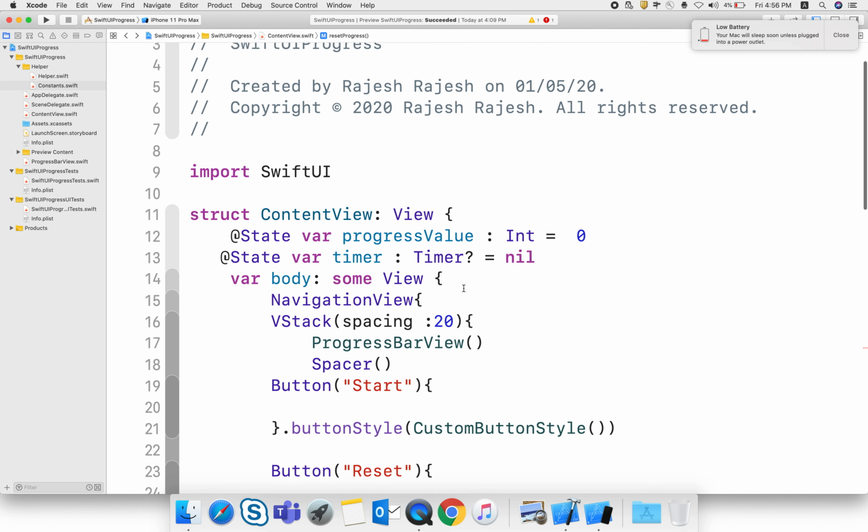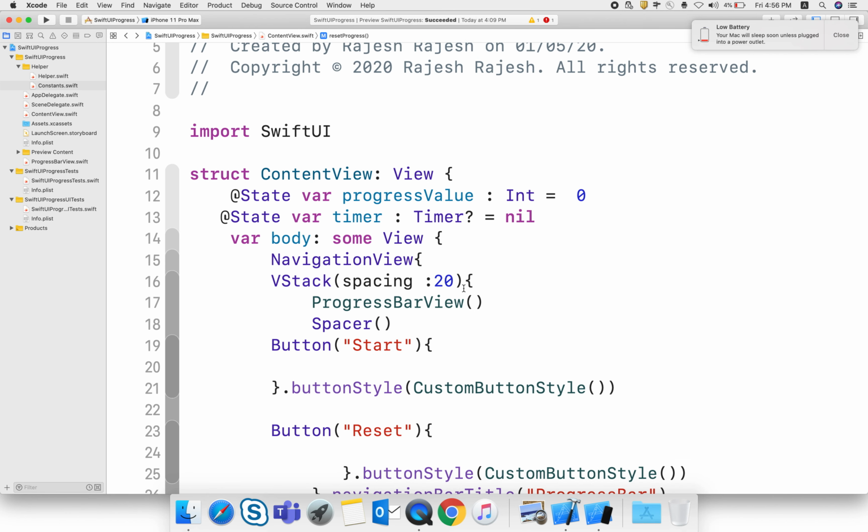Now the code is ready, but there is an error because I am not using it. I just need to use timer.invalidate. And for that progress value I need to pass that value here.